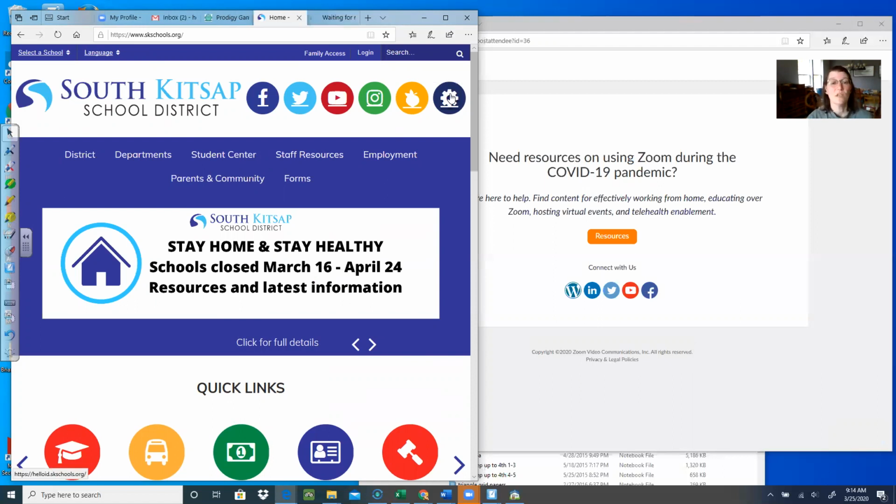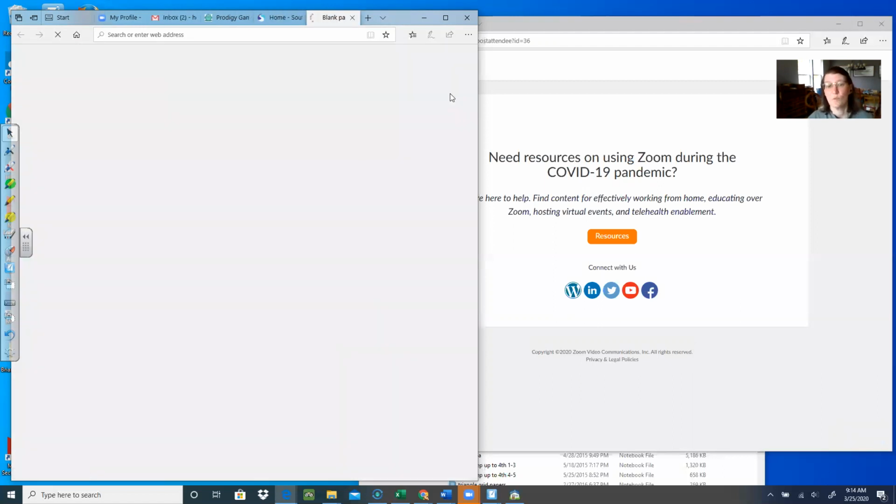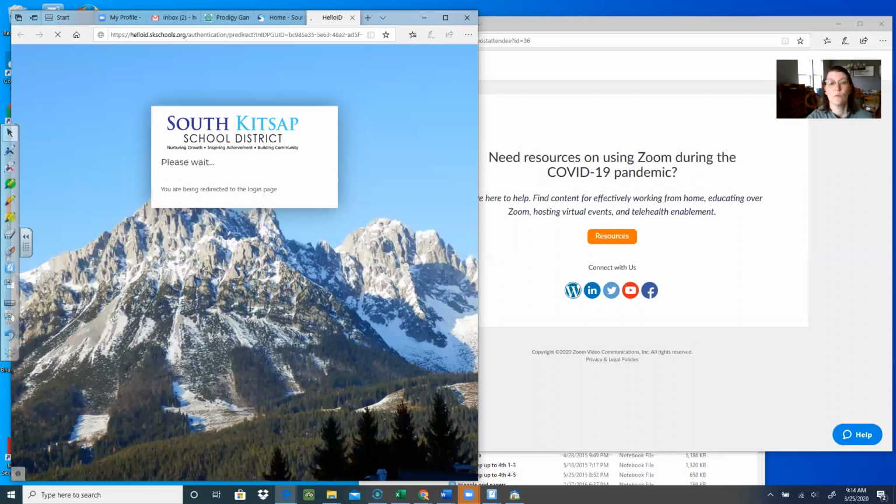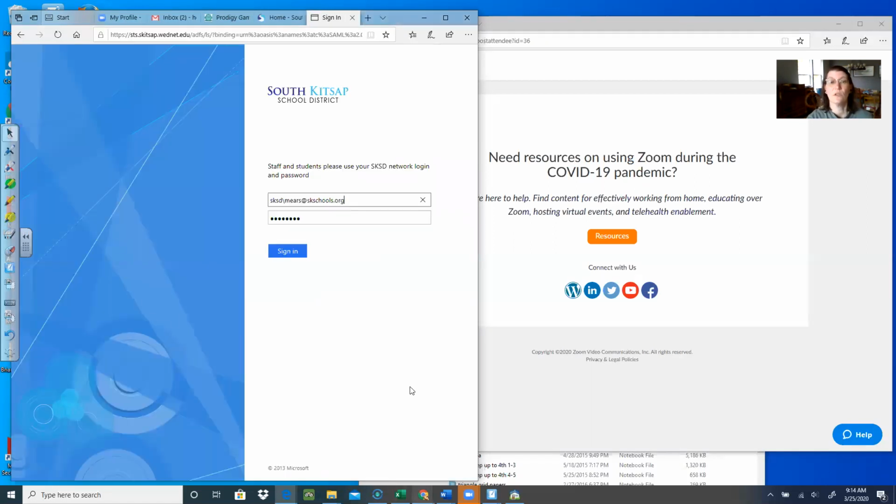So I'm using Internet Explorer because for some reason Chrome, which is this guy down here that we're used to using at school, I can't open my Hello ID account with that one. So you'll need to experiment and see which one works best for you. So my thing's already typed in because